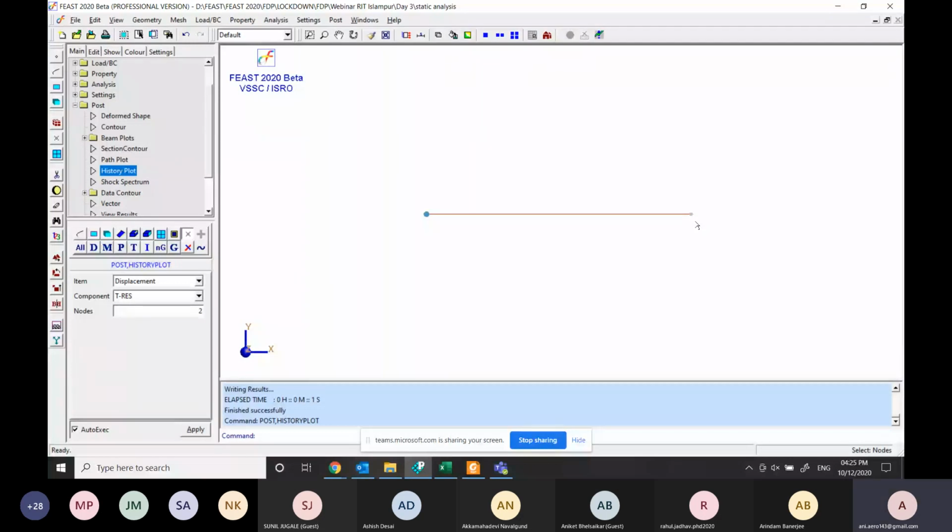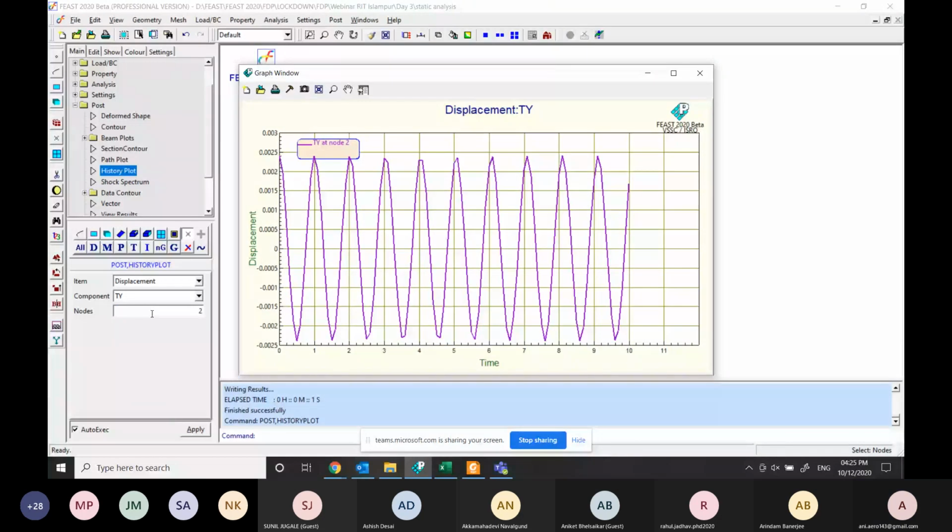So I want the result in this y direction because the initial displacement we have given in the y direction. So this graph we have got of initial displacement. So I'll just close.